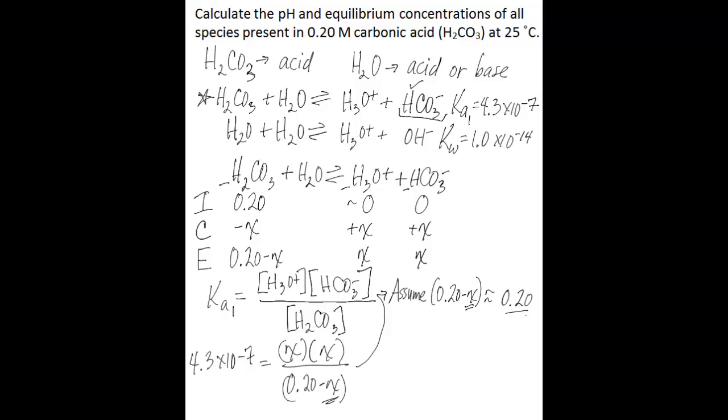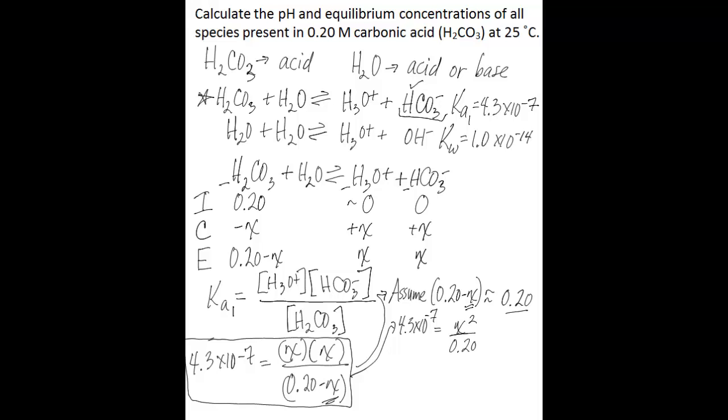If that's the case, we can just leave x out because it's so small. So if we're going to make that assumption, we should test it. So what we're going to do is rewrite this equation making that assumption. And what we get here is 4.3 times 10 to the negative 7 is equal to x squared divided by